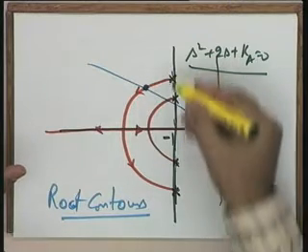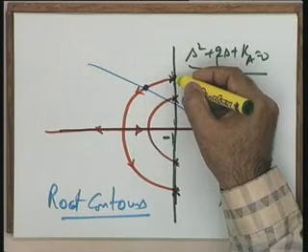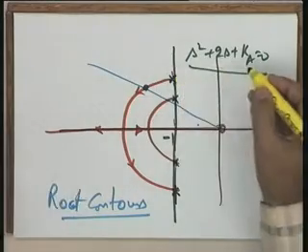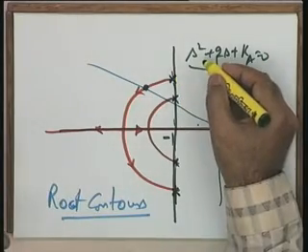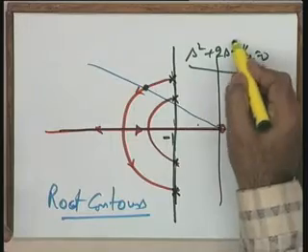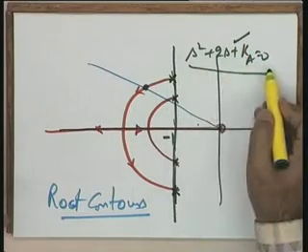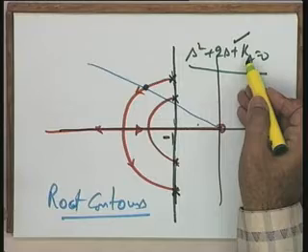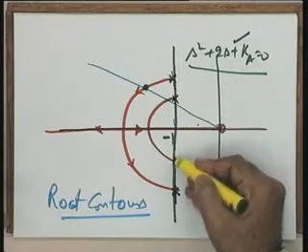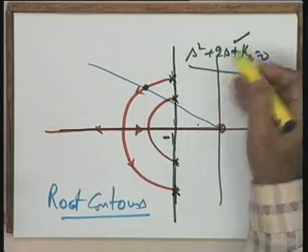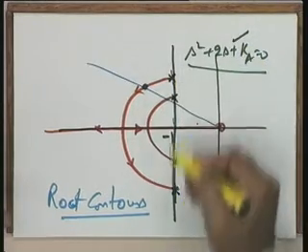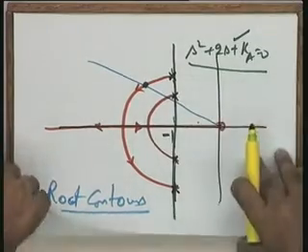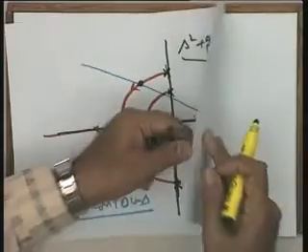So, it means the open loop poles of the function 1 plus f(s) equal to 0 are in effect the closed loop poles of this particular function, the roots of this particular equation s squared plus 2s plus ka equal to 0. Corresponding to ka is equal to 60, your two roots are here. Corresponding to ka is equal to 100, your two roots are here, and so on. So what you have done in effect, or let me take the next slide.